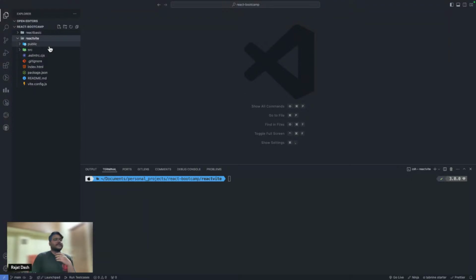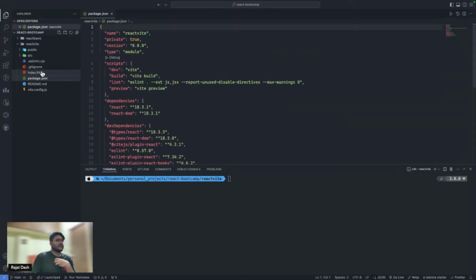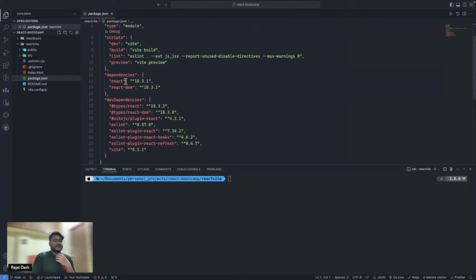Can you see one thing is missing here? In our previous project, node_modules was automatically there, right? But for this, node_modules is not there. And if you see one more thing, the dependencies required to make a React application work are React and React DOM, and only those are present here. Unlike Create React App, where we have testing libraries and web vitals libraries and all those things, this is not present. But we can see a lot of dev dependencies out there. Dev dependencies are node dependencies which are required to make